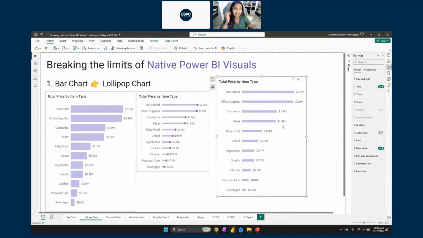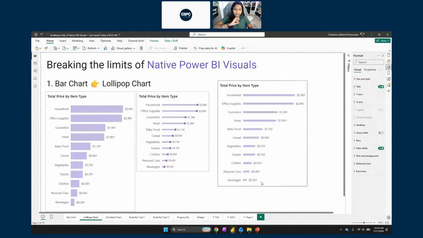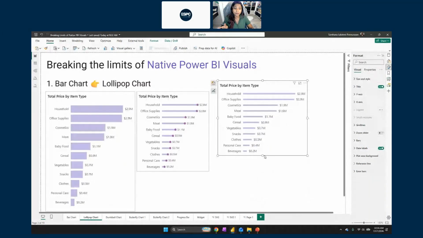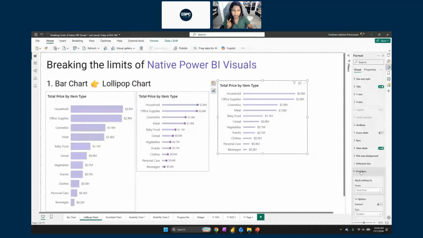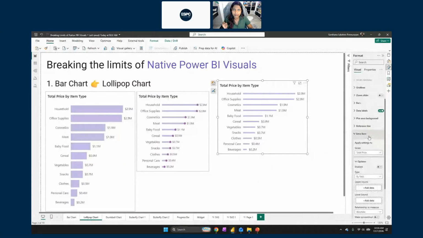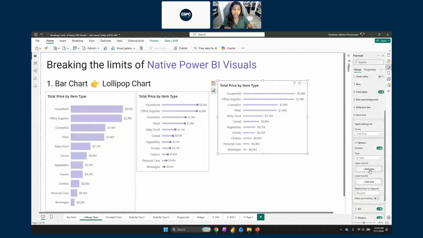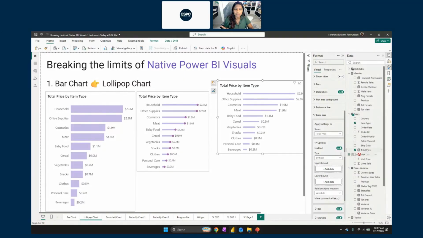Perfect. Okay, so the first thing that I did is I brought in the stick of my candy. Now I need to put a candy on the top. Very easy. This is going to be done using error bars. What we do is go to error bars, switch it on first. Once you enable it, you need to add your upper bounds and lower bounds. Now, I just need a candy on the top, so basically just the upper bound. Now, what do you add as an upper bound? Very simple. The same measure that you chose for the y-axis comes to your upper bound. So if you see here, it's going to be total price.